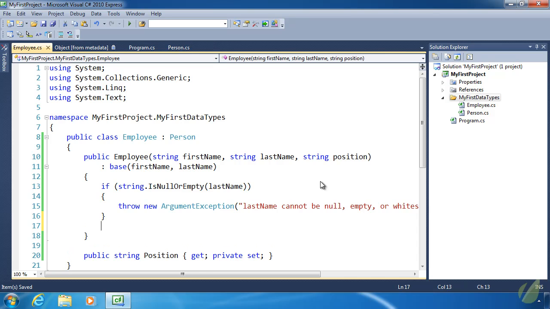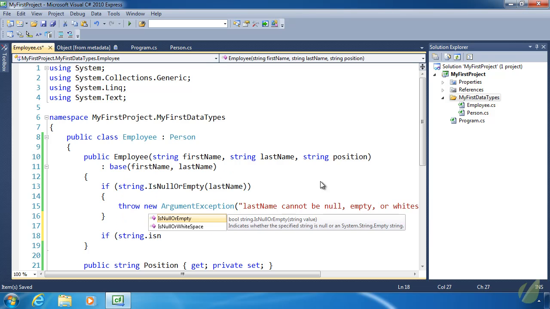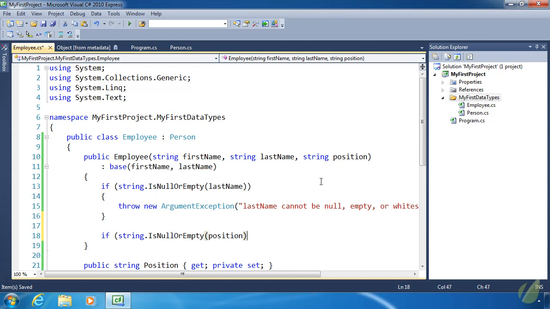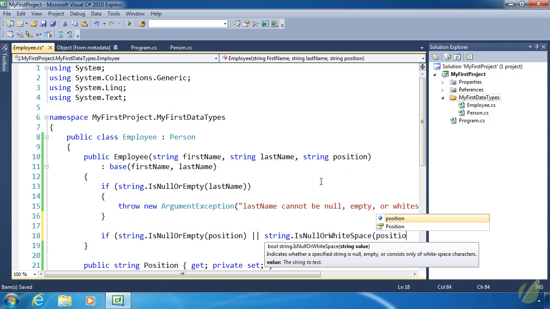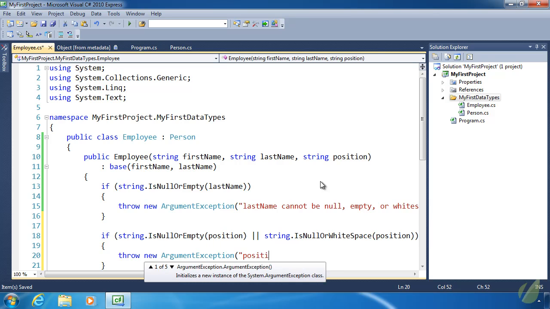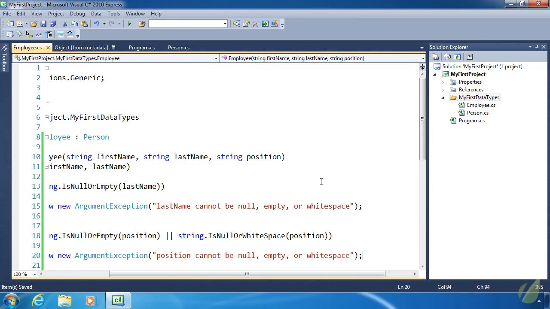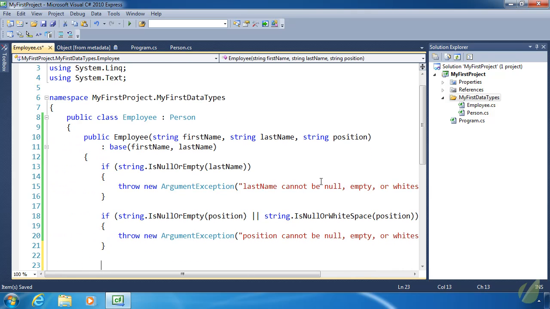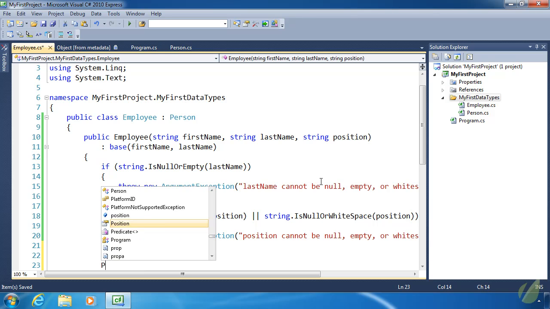We also need to perform the validation for position, so if string is null or empty position, or is null or white space, then throw a new argument exception that position cannot be null, empty, or white space. We have that sorted out, and now we just need to assign the value to position. So that's the wrong way. We need the property